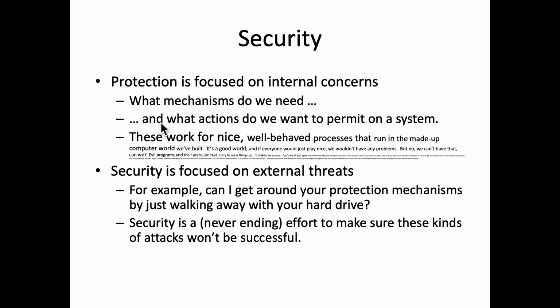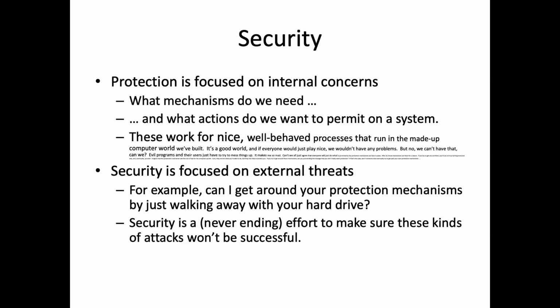All right, so we finished up last time talking about protection, which is mostly about mechanisms to deal with internal things on a system. And when I say things, I mean processes. Protection mechanisms let us say what processes can and can't do. And then we expect the operating system to enforce the things that we said, even if we're not looking over its shoulder. Security is more about protecting against external threats, protecting against flaws in your system or people that are willing to attack it from ways other than just running a well-behaved process that tries to follow the rules, or where the OS can, in principle, force it to follow the rules.